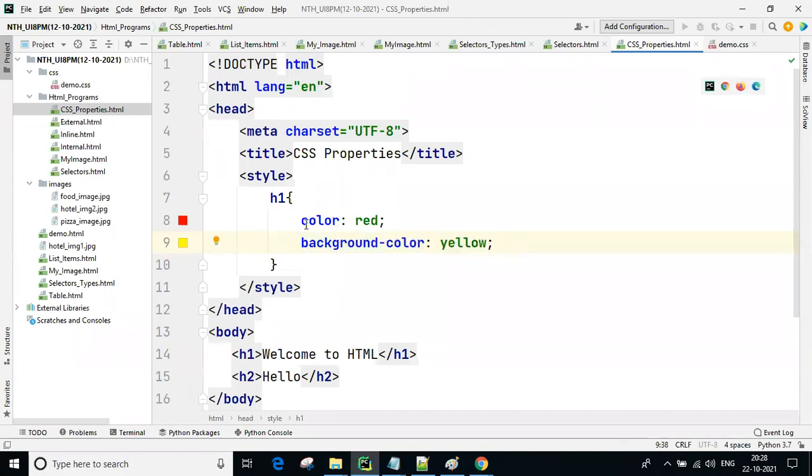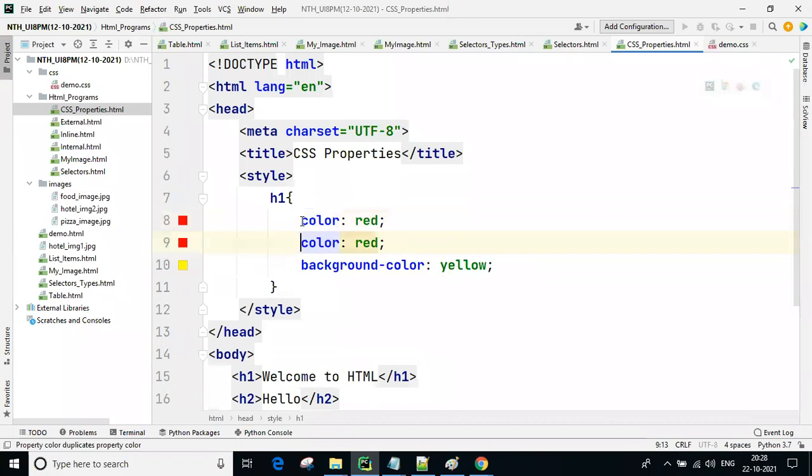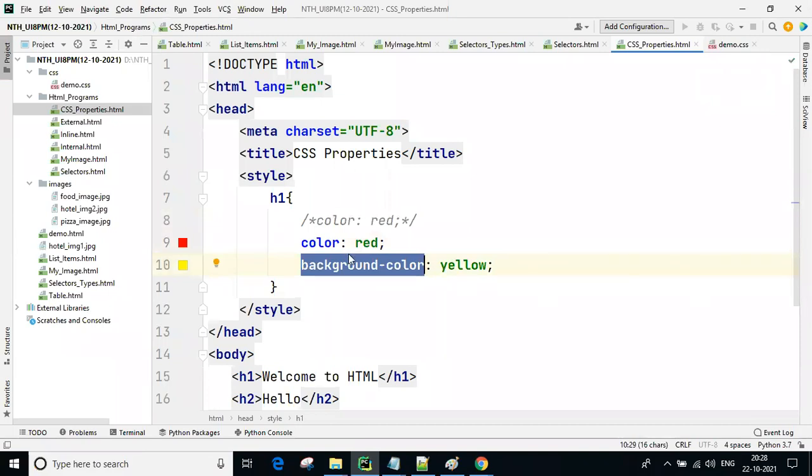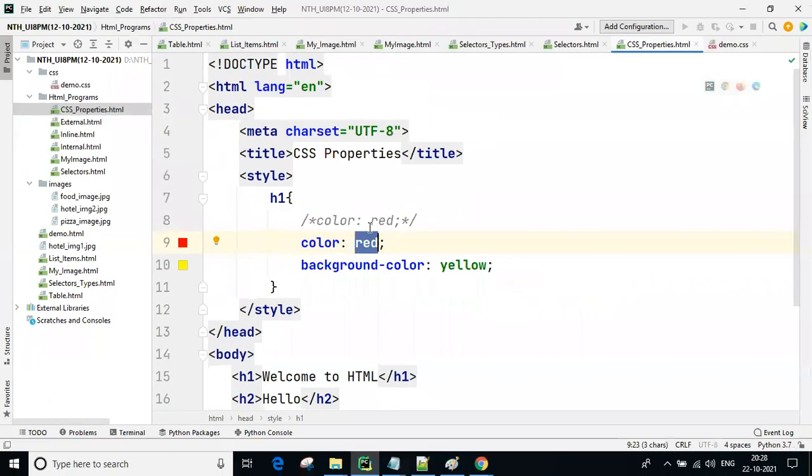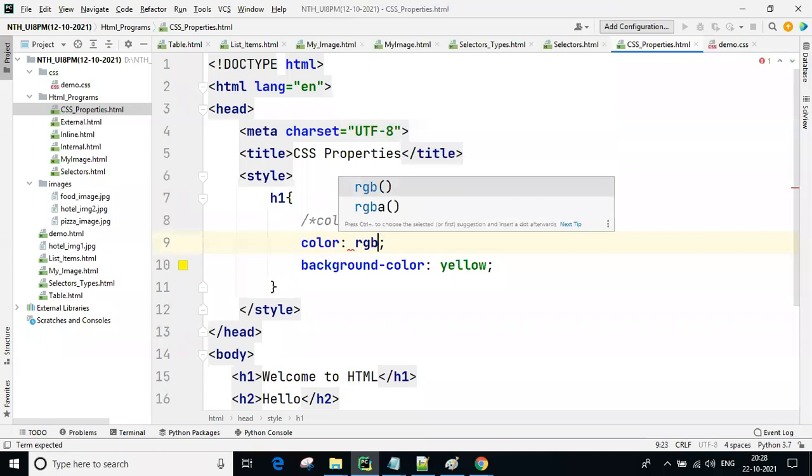Now, another variation I'm going to show you. These are colors and background colors, whatever. Using a color name, such as red, blue, yellow, violet, you can use it. Otherwise, we can use RGB.